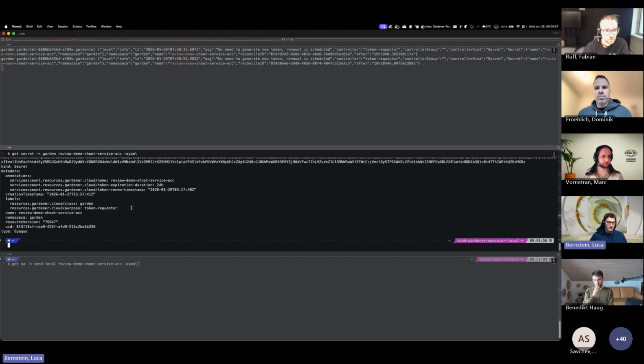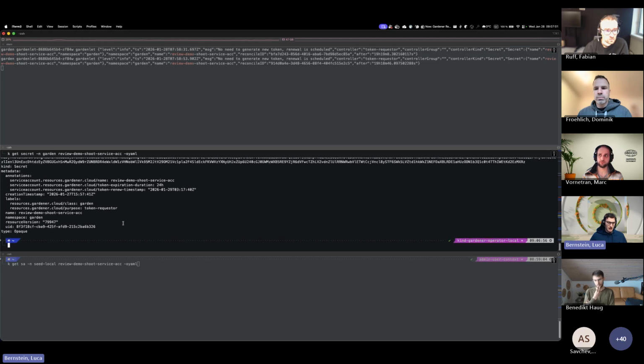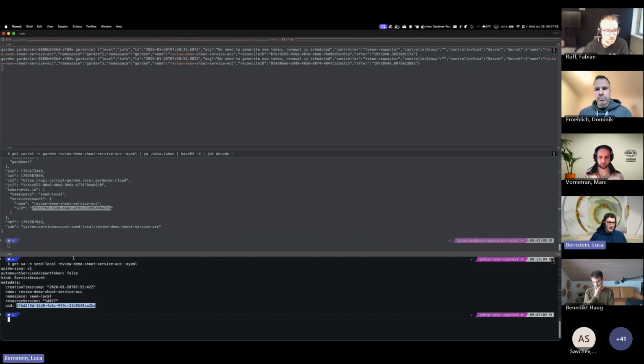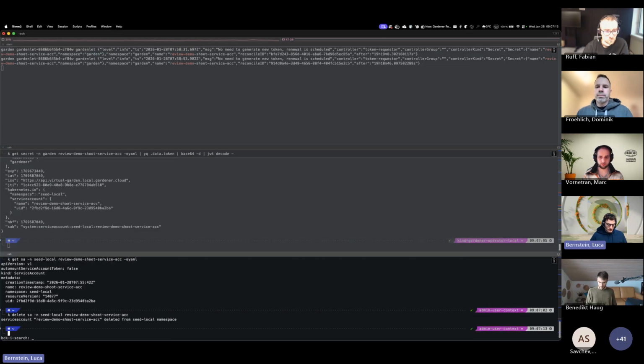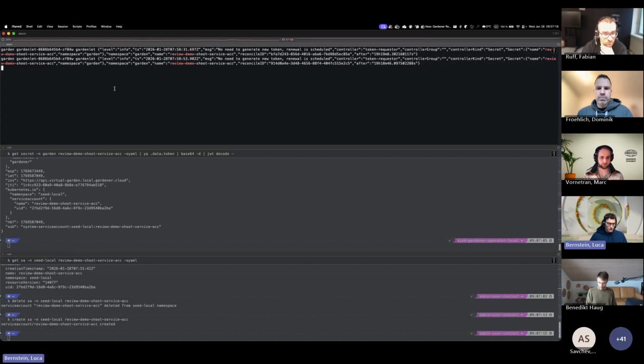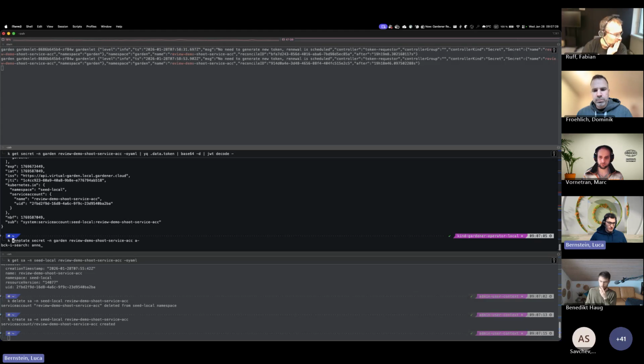I have here my TokenRequestor secret, it's already populated. I have my corresponding service account, and I can also see that the token is issued for the same entity. So formally, if I were to delete the service account and create it again, if the token requester was to run its reconciliation flow again, it would not renew the token, but we can, for example, by